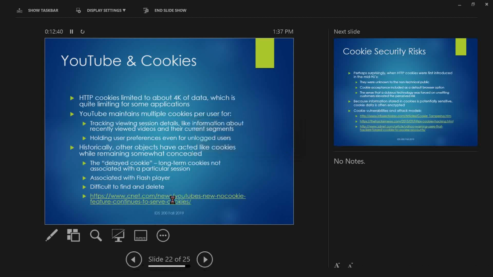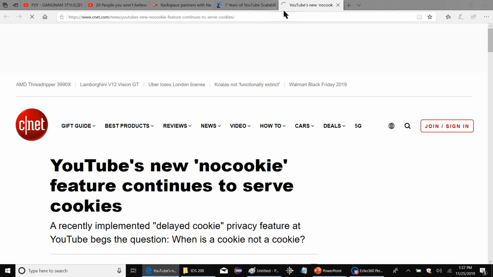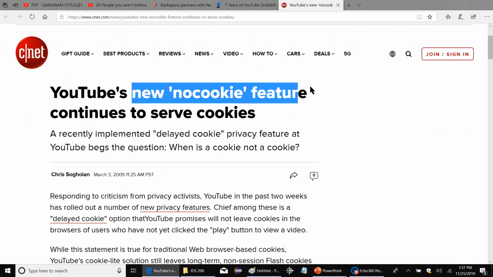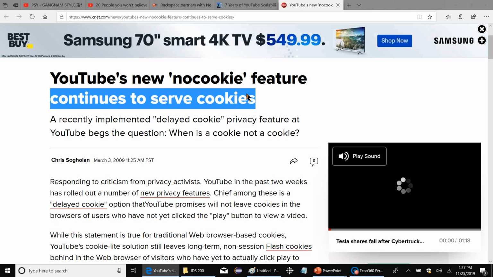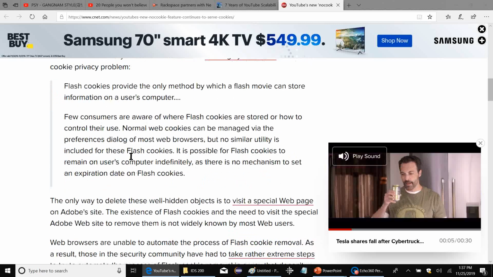So some people, out of concern for security or other privacy issues, wanted to opt out of cookies. So YouTube had a new cookie feature that sounds like it doesn't use cookies. But guess what? Yeah, it still uses cookies, a different kind of cookie. So it still stores information about your sessions, but in a different way and a different place. And the funny thing about it is,